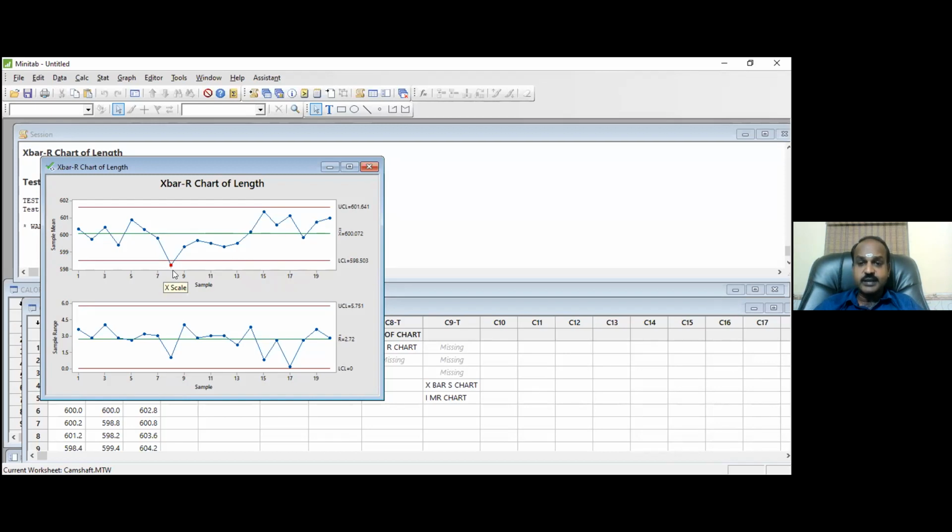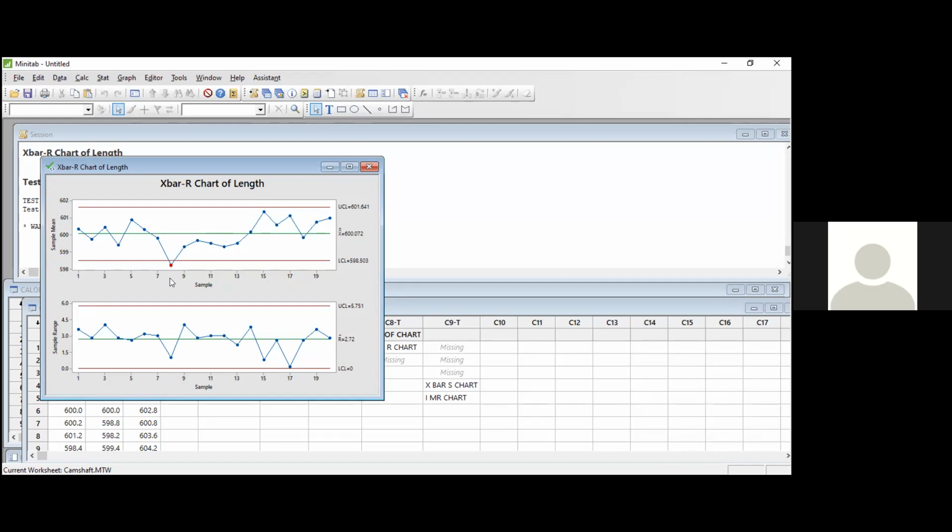Isn't it? You have to inspect the remaining 995 one by one, without which you should not send it to the customer. Do you get the seriousness? It is just one point coming out, but if one point comes out, it demands a thorough investigation on all 1000 camshafts you manufactured on this particular day. You get the seriousness of information you are getting from the control chart? Yes, sir. This is how control chart is helping you.